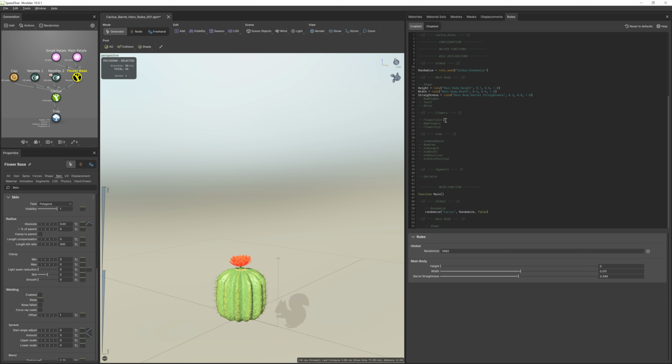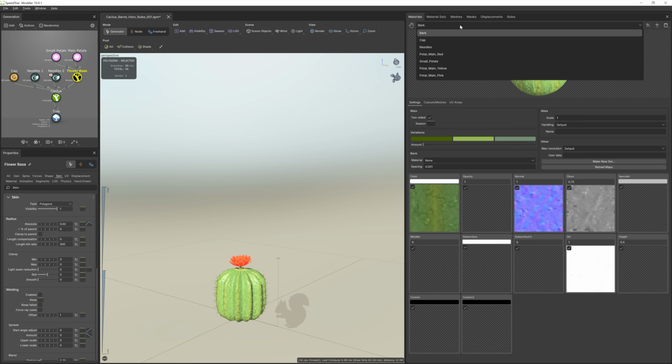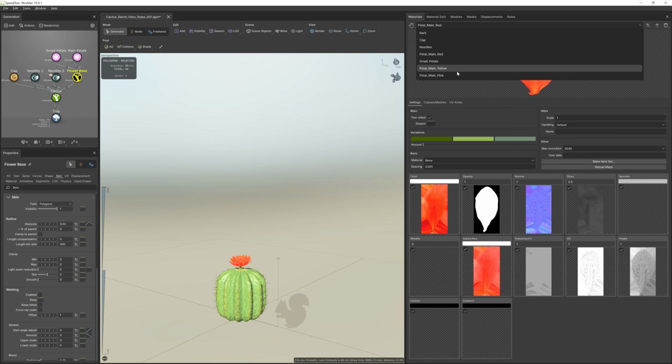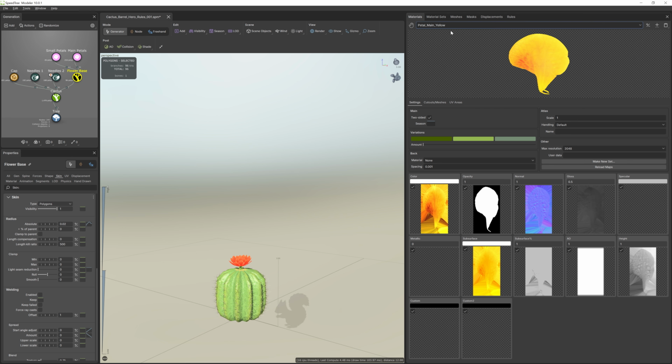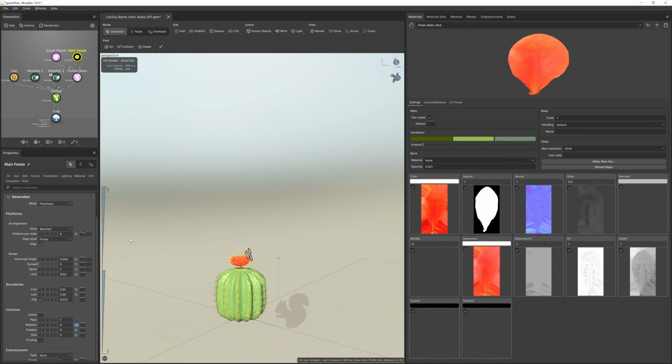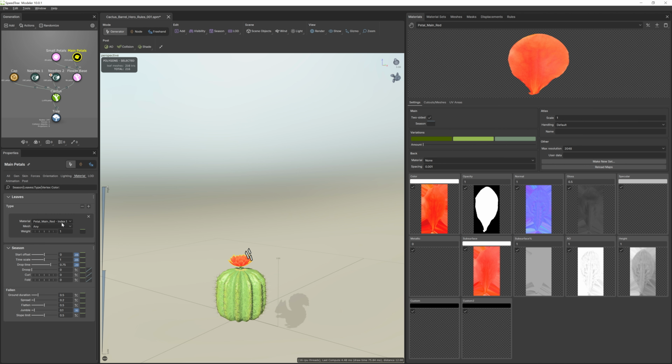First, let's write our flower color rule. This will introduce a new concept. So for this rule, we will need to swap the material our flower petals are using. In the Material tab, you'll see that we have 3 colors: red, yellow, and pink. Then, if we go to the Material tab on our main petal generator, you'll see that each material has this index number.